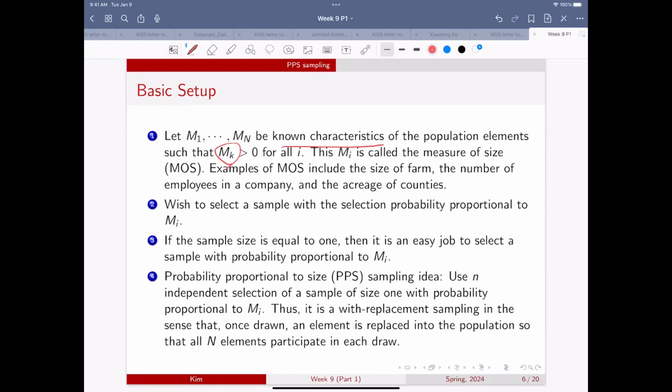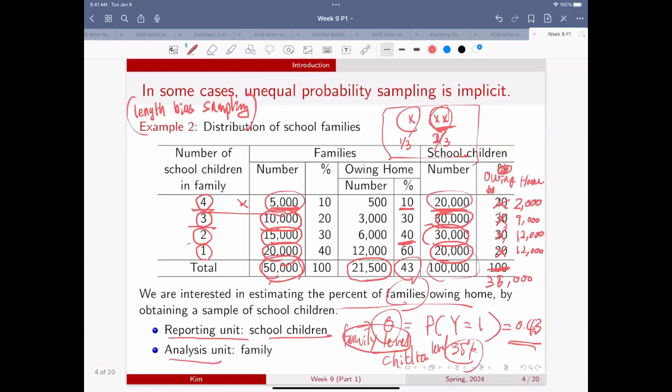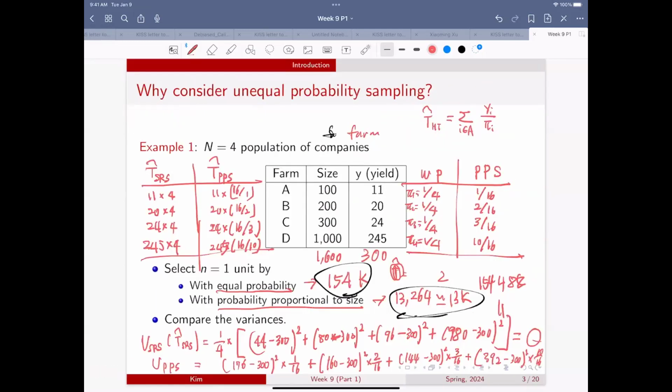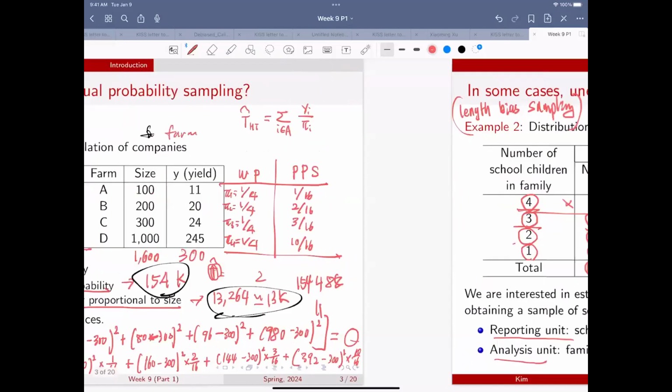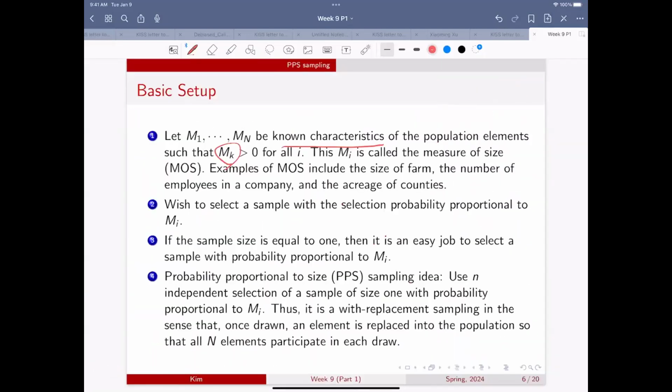If the sample size is equal to 1, then it's an easy job to select a sample with probability proportional to Mi. Sample size 1 is no problem, because we know the total. You can just create a proportion and select one element easily. Using that idea, we can actually do